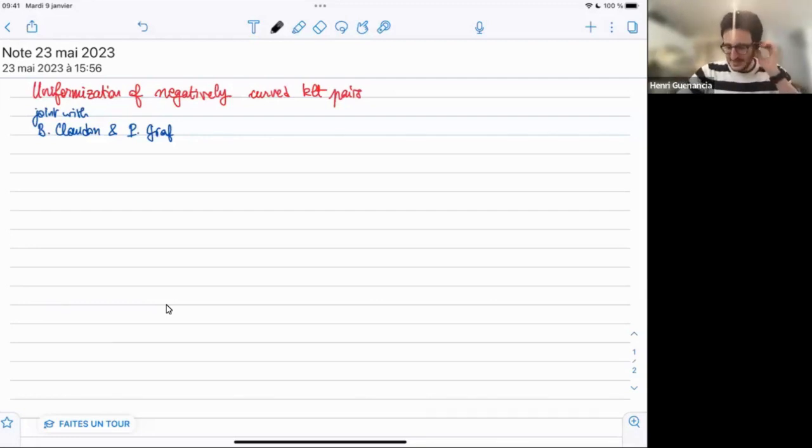So I had announced, just like Sean, a title that's slightly different. My original title was Uniformization of Non-Positively Curved KLT Pairs. And I moved from non-positively to negatively, mostly for time reasons. So, I'm going to be talking about this recent work with Benoît Claudon and Patrick Graf, where